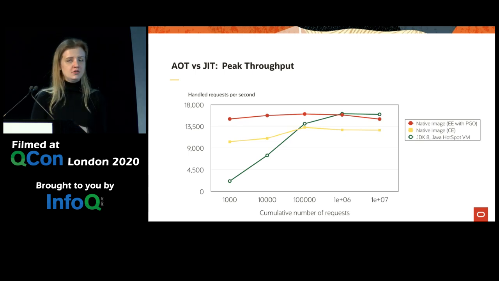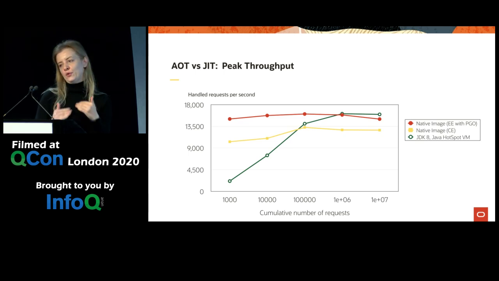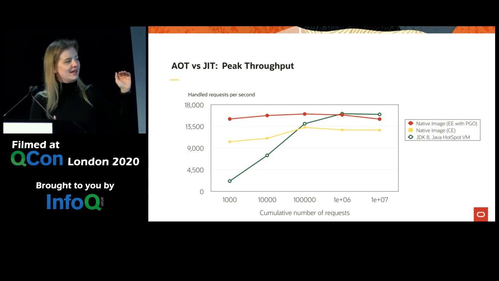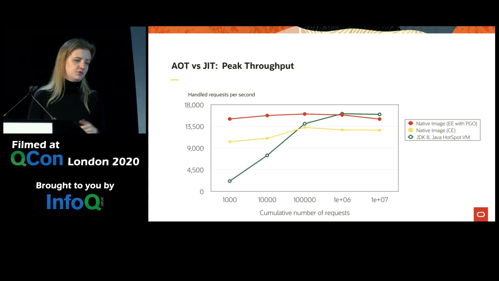So sometimes in your case, if you want to do something quickly, that may be enough for you. But if you're really looking for peak performance, you might notice that GraalVM native image with PGO, so the red line, is really on par with JDK HotSpot VM. Of course, it's slightly lower, but in most cases, that would not be a significant difference for you. So you can get fast startup time, you can get really low memory consumption, but you can also optimize for